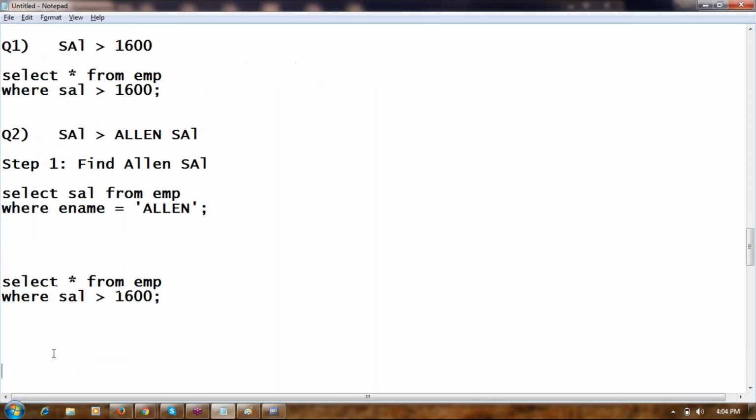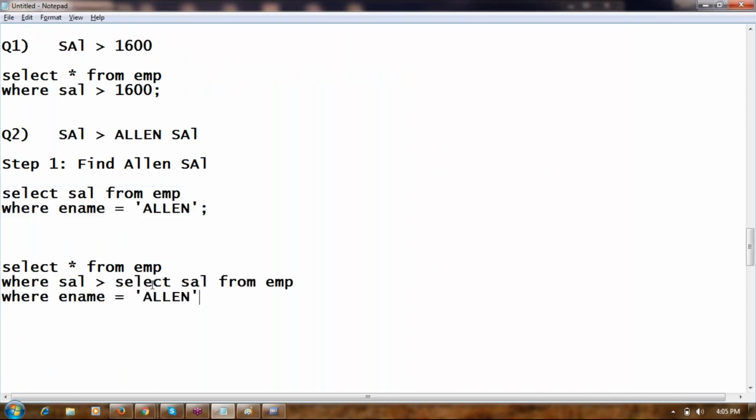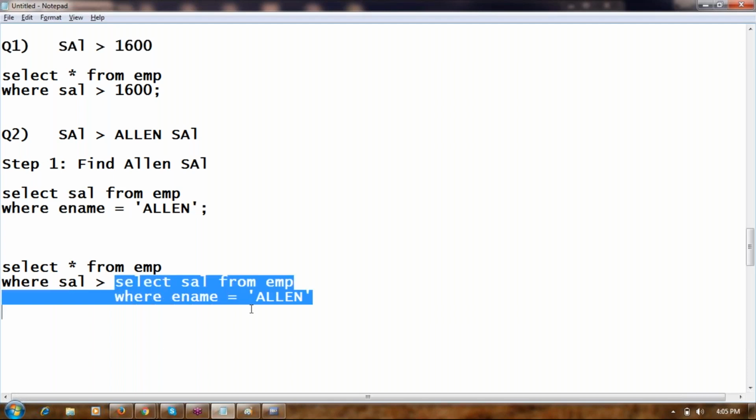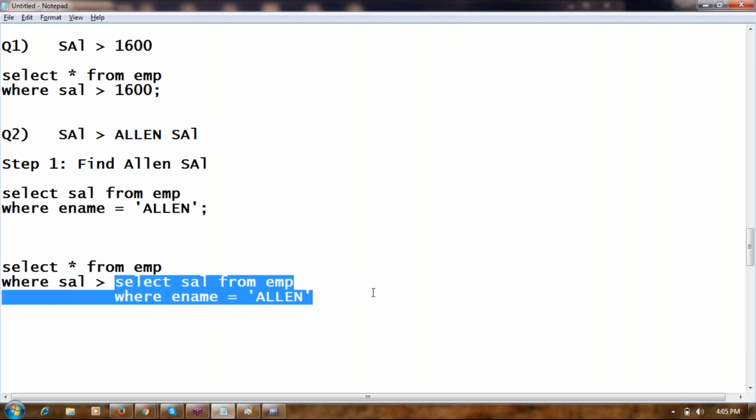Now the main query will be something like select star from EMP whose salary is greater than Alan's salary. This is the query which is giving Alan's salary. Copy, paste. Are you understanding? I am writing a query inside another query. This inner query is called a subquery.